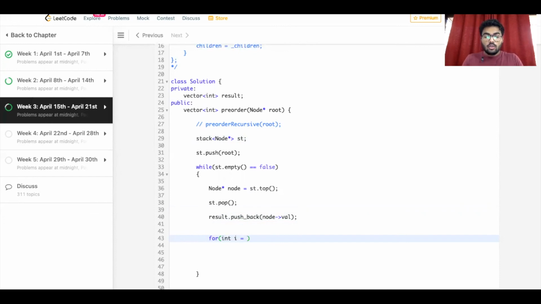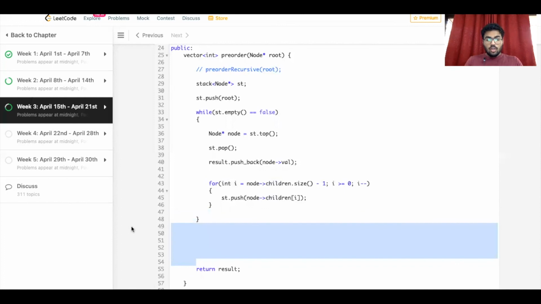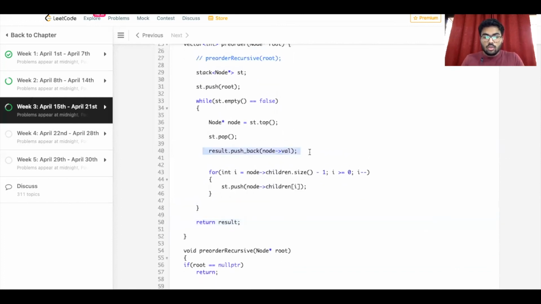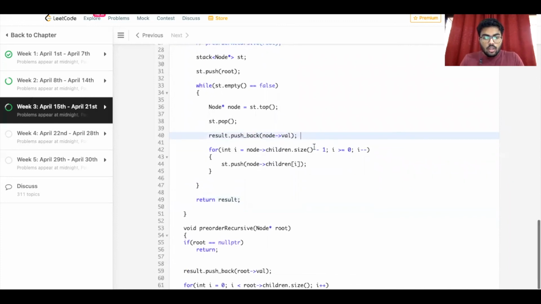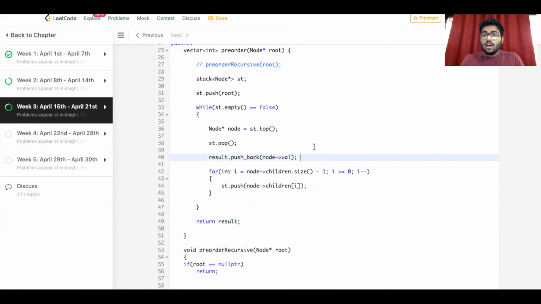So i is equal to node's children dot size minus 1, i is greater than or equal to 0, i minus minus, and we do st dot push node's children of i, and this will basically do the iteration for every child a node has, and we'll get it pushed into the result as in we hit a condition, and that will give us the answer in pre-order traversal.